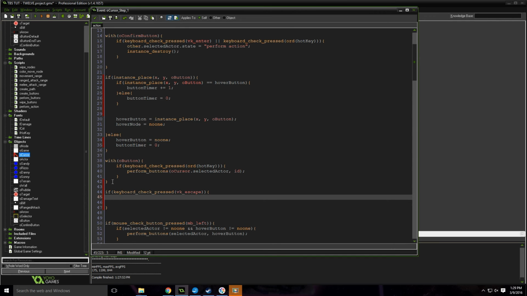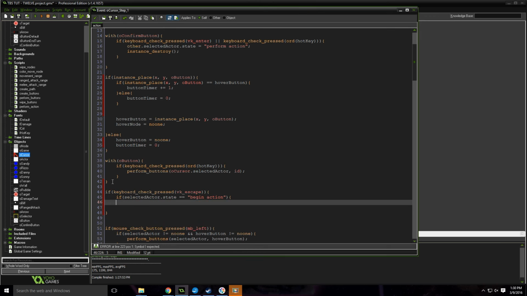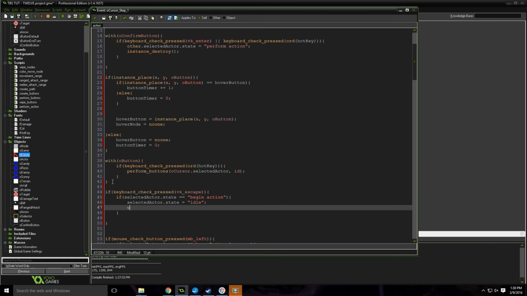You could test for either of those, like if instance exists confirm button. I'm going to go with the state route. So if selected actor dot state equals begin action, selected actor dot state equals idle, and then with O confirm button,